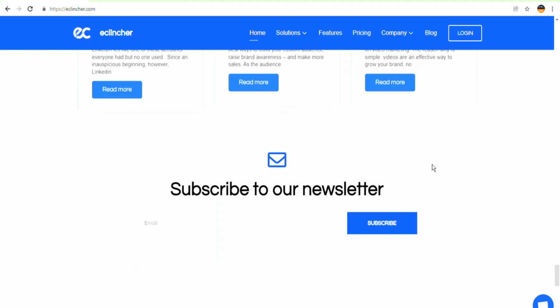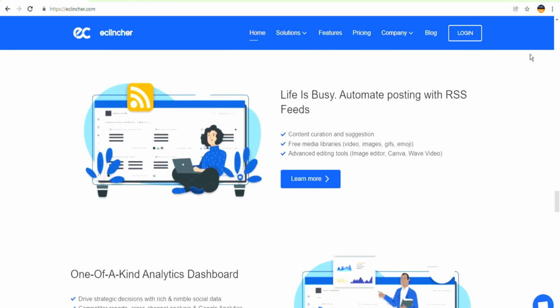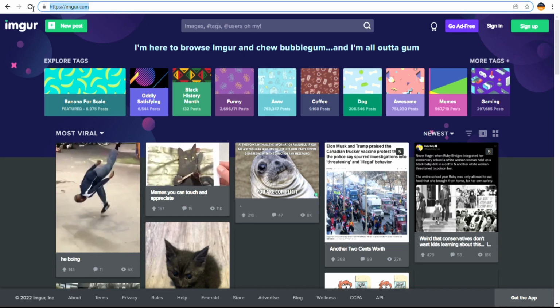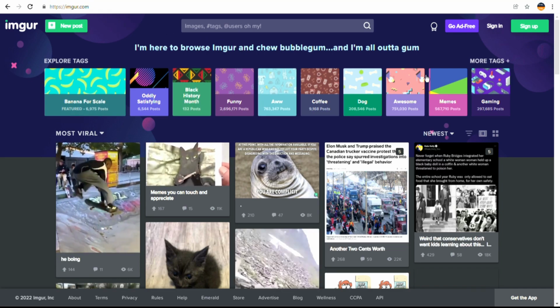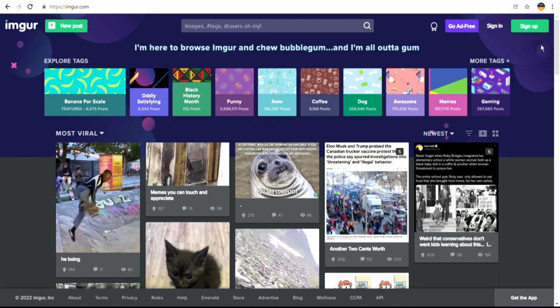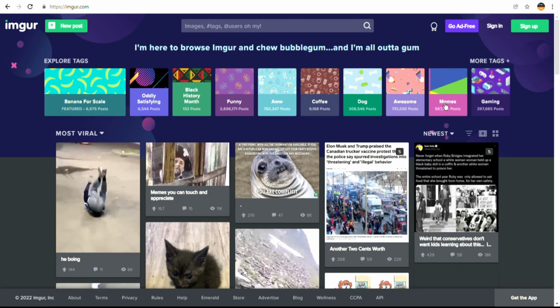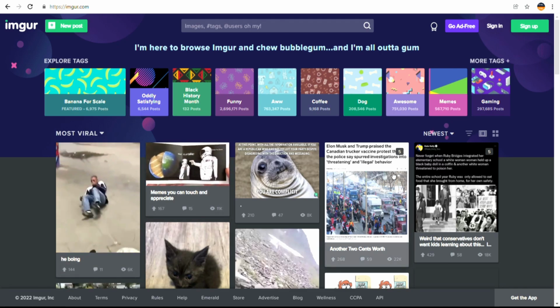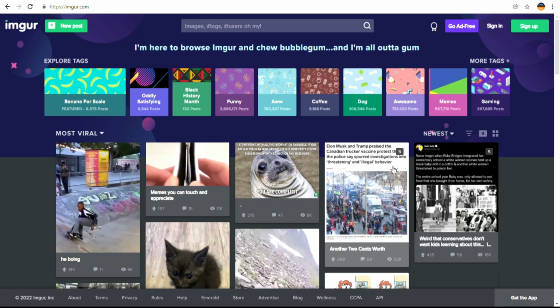Moving on to the next step, you need to come over to this website, which is Imgur.com. What you need to do is sign up for a free account over here too. To do that, simply click on this green button on top and provide the needed information. You can also register using your Facebook account or your Twitter account, or even your Google and Yahoo account. It's all up to you.